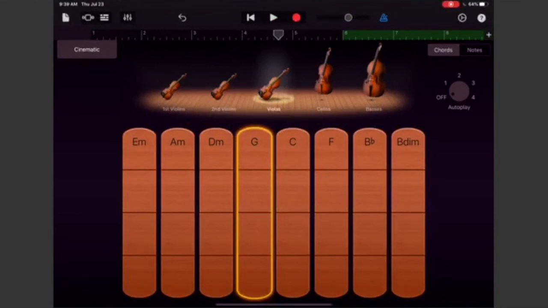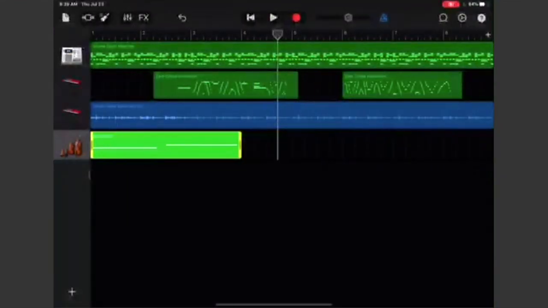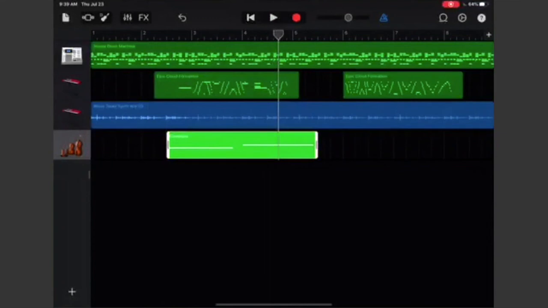I think it's an echo, but it sounded like it to me, but not sure. I tap on fun to get to the character voices.